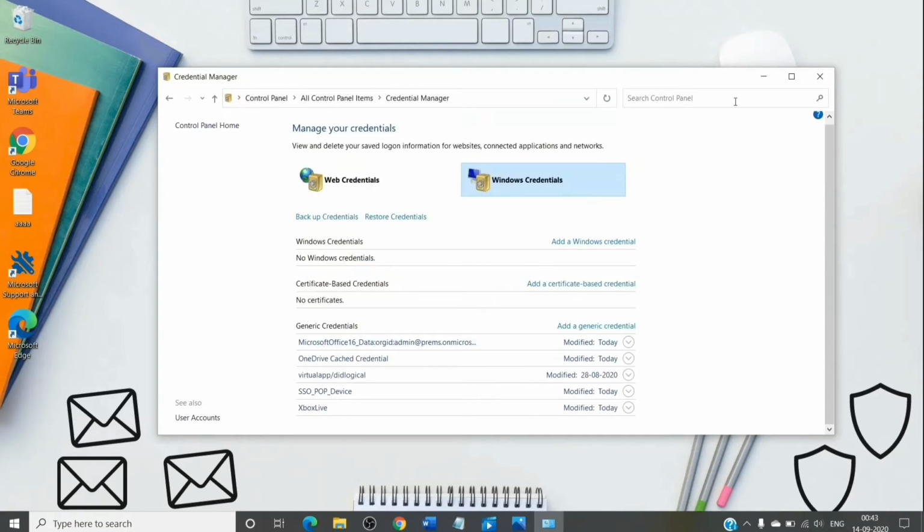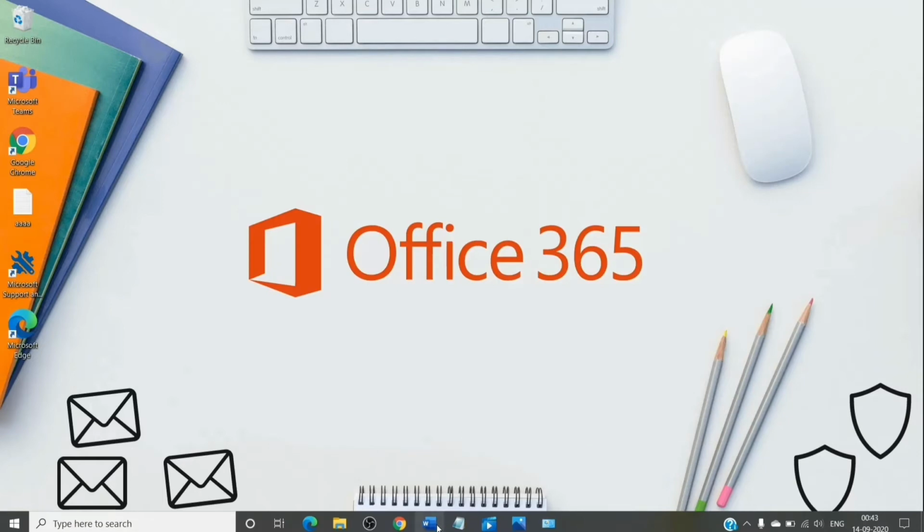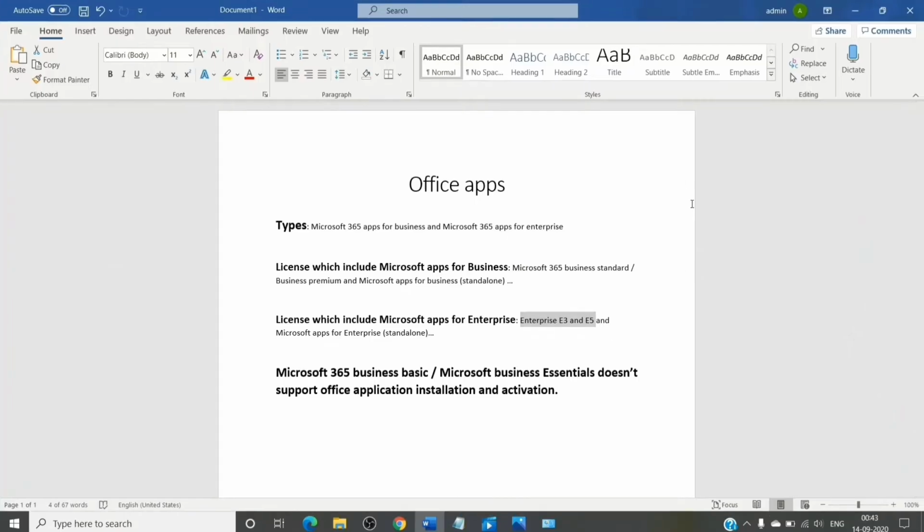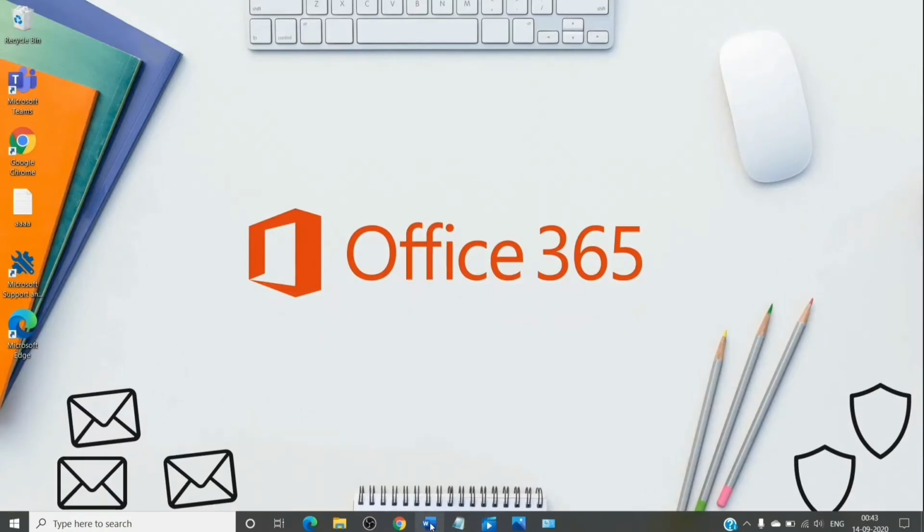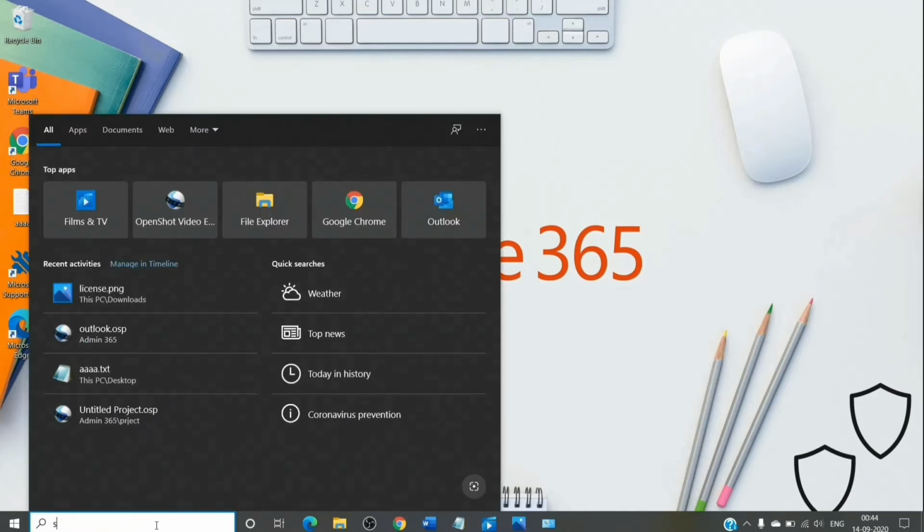You will have multiple credentials here for Microsoft Office 16. You can remove those, and then you can go back to Office application, relaunch them, and see if you are getting a sign-in prompt. If you are getting a sign-in prompt, go ahead and sign in with the account and the password. Once you are done, check if it is working or not. If it is not working, then we will follow the steps again. We will sign out from the app again. We will go to Credential Manager and check if there are any new credentials created. You can remove them there, and then we will go to settings,